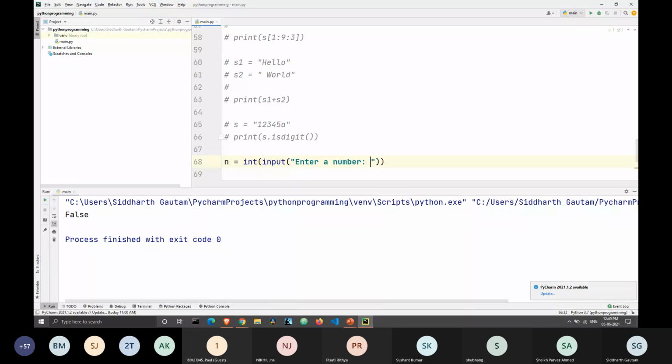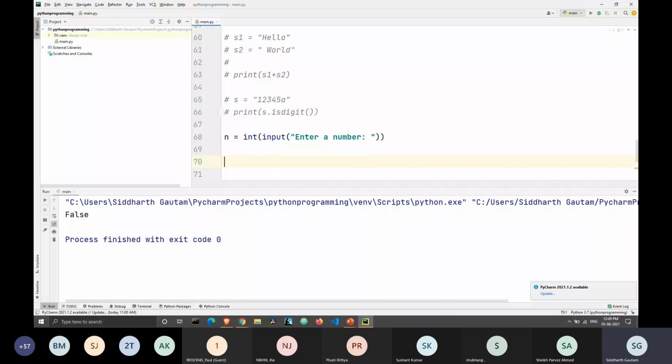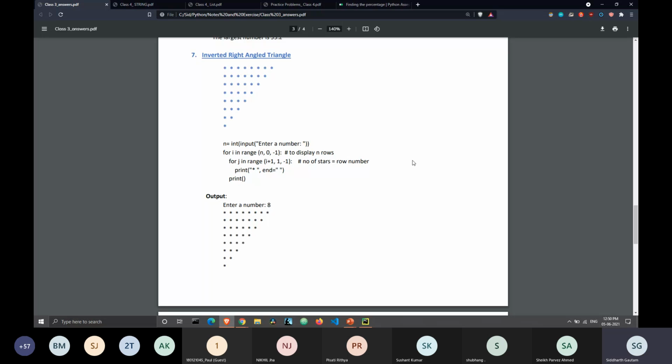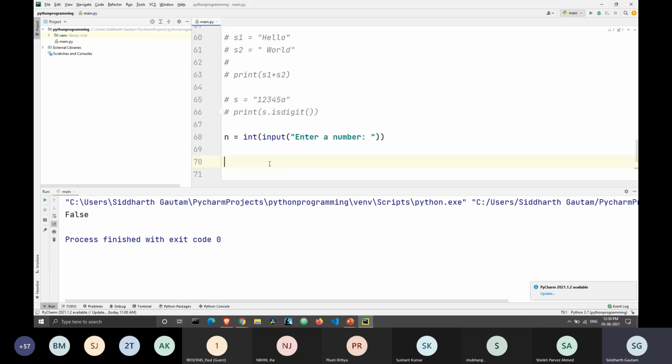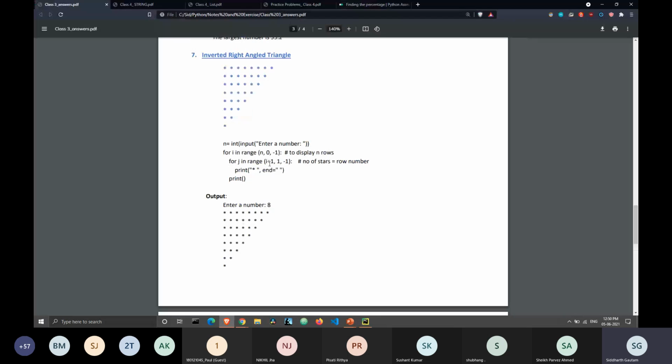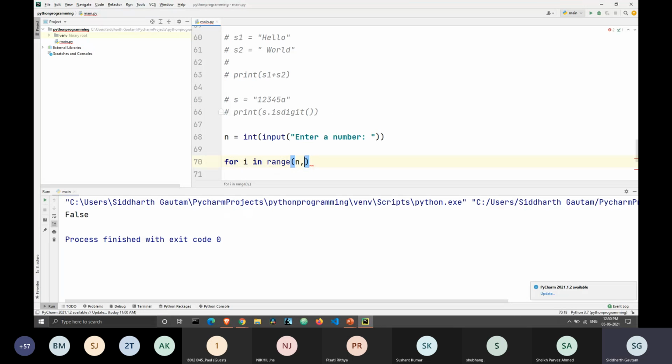Okay, and then we are going to run a loop which will run in the reverse direction. We have a loop going for i in range, starting from n and going to 0, with the jump value -1, which means it starts from n and goes in the reverse direction because n is a positive number.